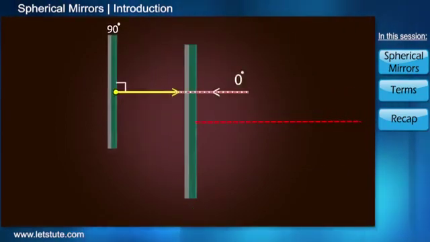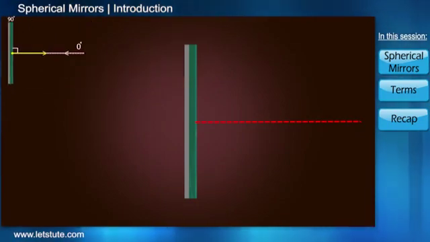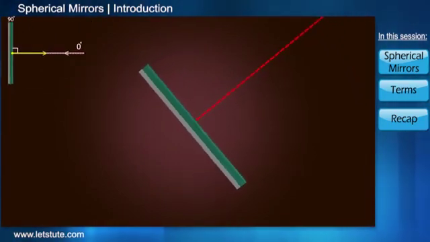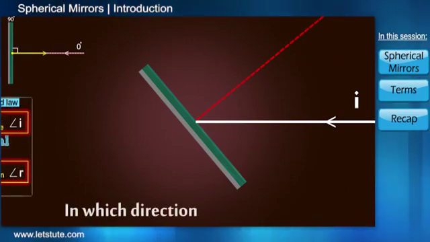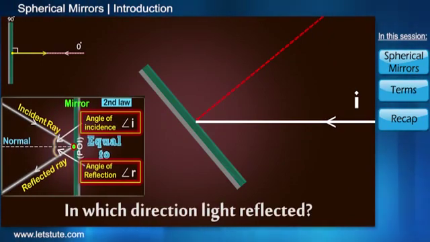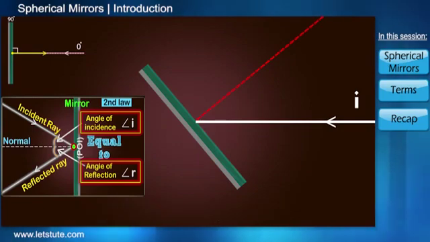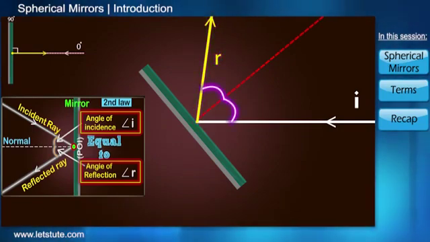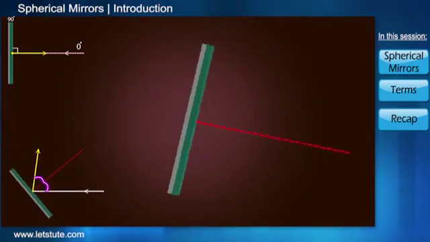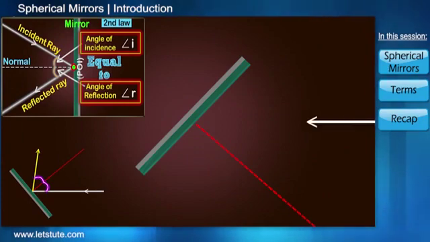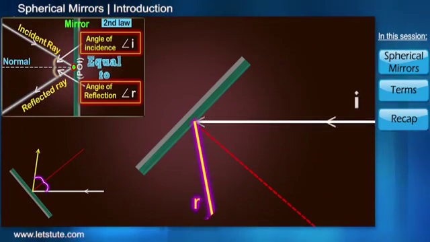Now it's time to do something slightly different. Let's tilt the mirror upwards a bit. The beam will automatically form an angle with the normal as the surface is now inclined or tilted. So in which direction do you think the light will get reflected? Adhering to the laws of reflection, it will get reflected upward, and that too at the same angle. If we tilt the mirror downward, we see that the same set of events take place and the beam reflects downward this time.